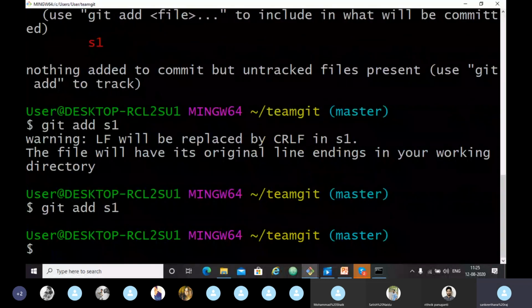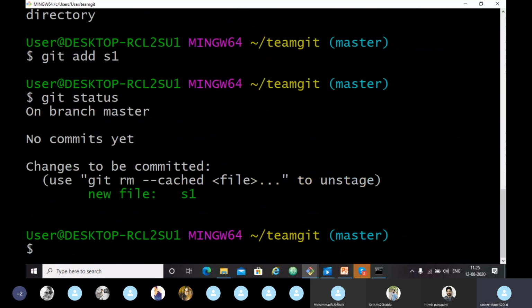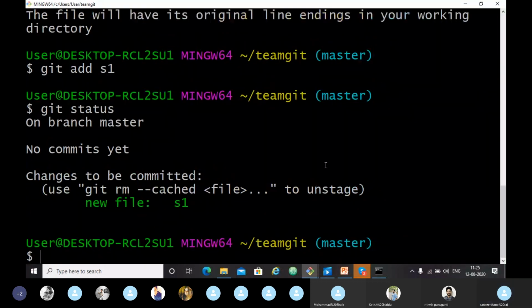We have added that. Now, by this command, we have thrown S1 into our staging area. Now we will run git status to see what we have done till now. See the difference, you can understand it.